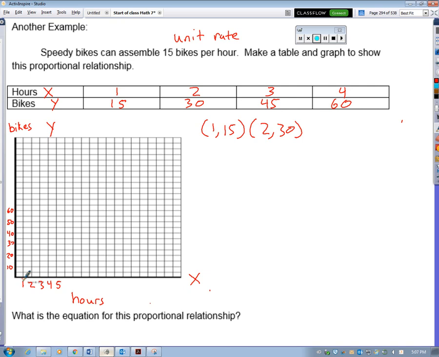After 1 hour, speedy bikes can make 15 bikes. After 2 hours, they make 30 bikes. I'm just going off the numbers on our table up there. After 3 hours, 45 bikes. 4 hours, we're up to 60 bikes. Okay? Now I want to connect these together using a ruler so I can make a nice straight